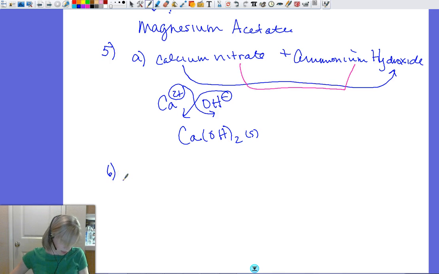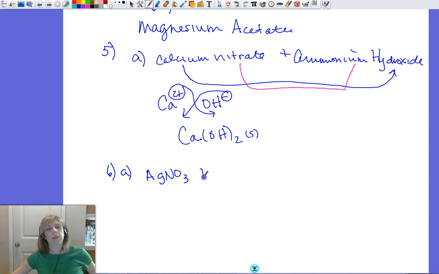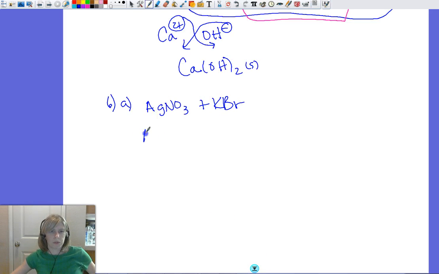Six says write net ionic equations for these and identify any spectator ions present. So once again, we'll look at A. A, we have AgNO3 plus KBr. So if I write the complete ionic equation, which is what we need, we have Ag+ NO3- plus K+ Br-,